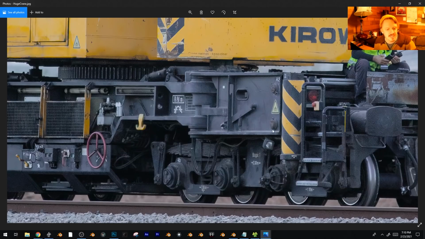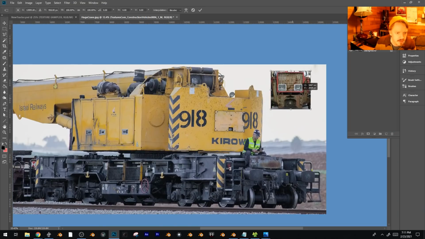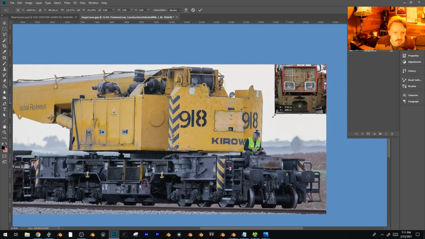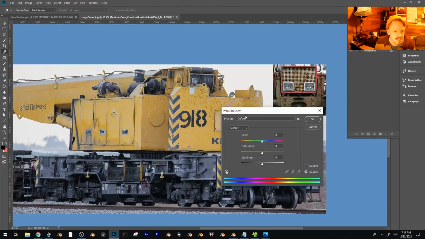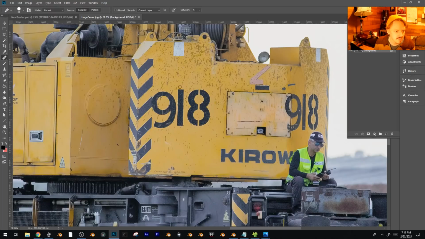I'm actually going to bring this into Photoshop and place some other bits in here that I think I might want to use as well. Here, in fact, let's open up the hue. I'm going to select the reds, which will probably select the rust too, so this might actually not be a great idea, but let's push it a little closer to yellow just so it might blend with this a little bit better. Photoshop's great for cleaning up things like this. This isn't even really a particularly efficient way to go about it, but